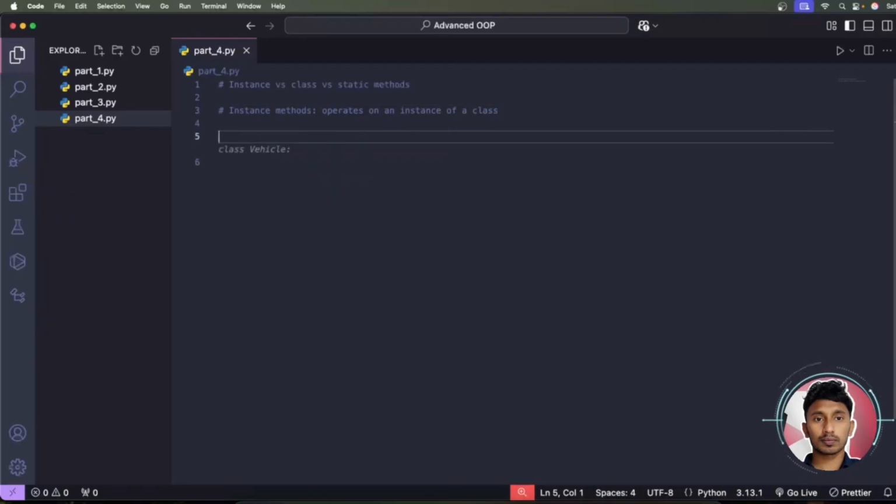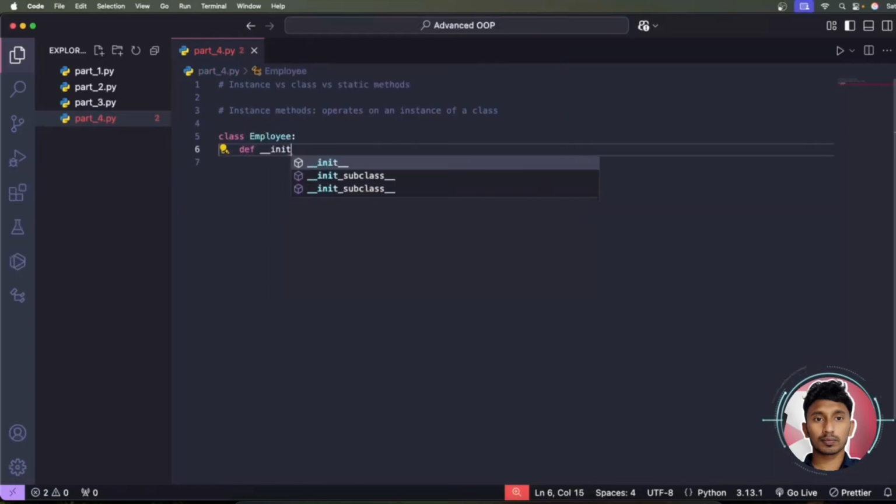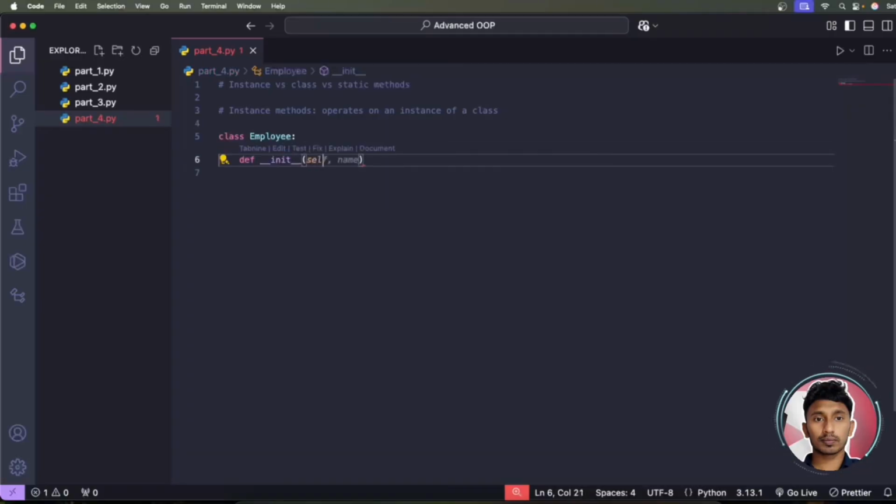For example, here we'll have a class, for example Employee, and this class has an init method, def __init__, and this receives by default self, then two parameters, name and salary. Okay,